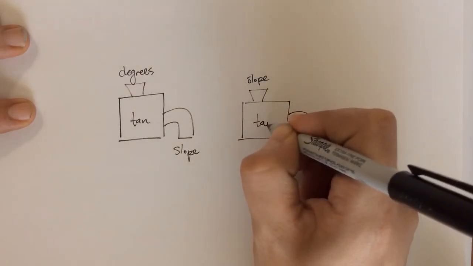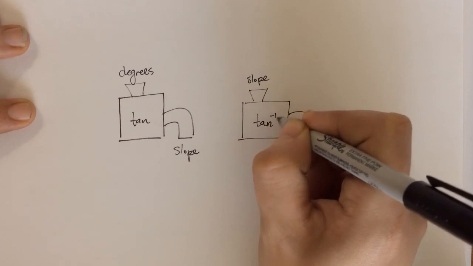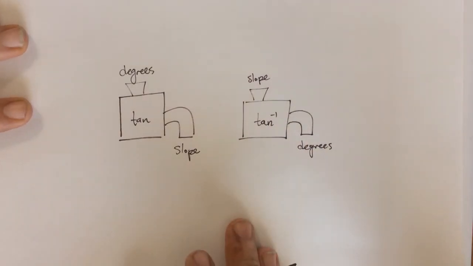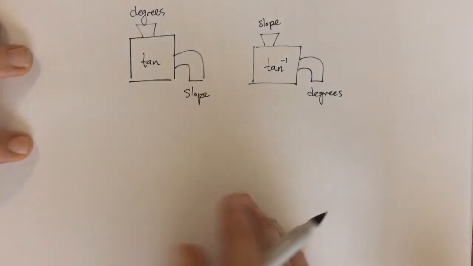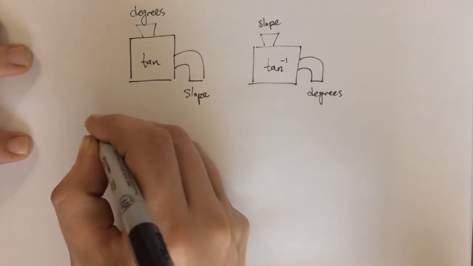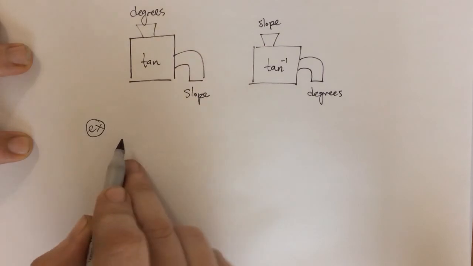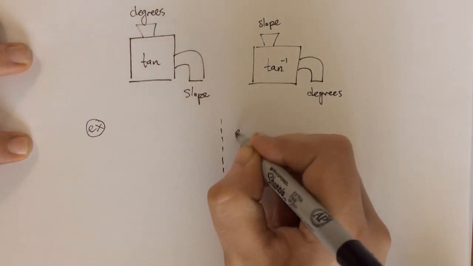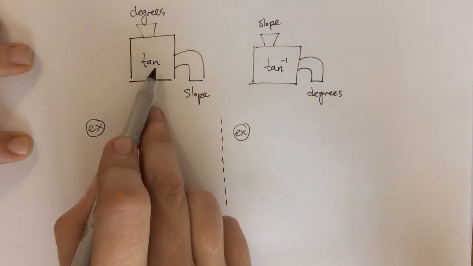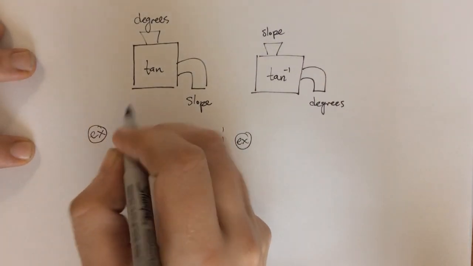So if you remember from algebra, we used a little -1 to denote the inverse of a function. So I'm going to use the little -1 there. Let's do a quick example. We'll do the forward direction and then also the backward direction, so we'll use this as a dual example. So let's do the forward direction. Suppose that the